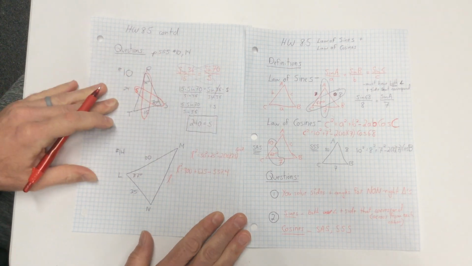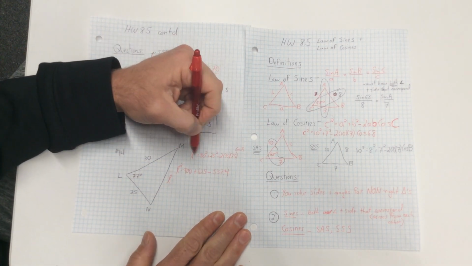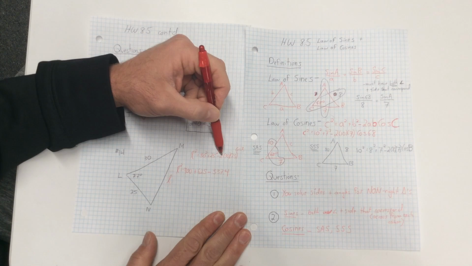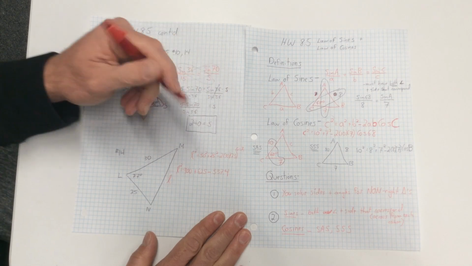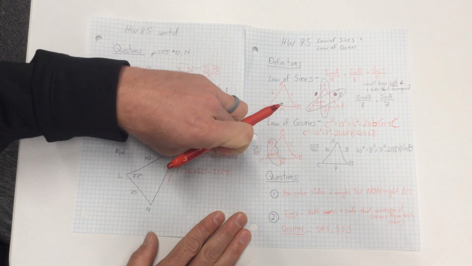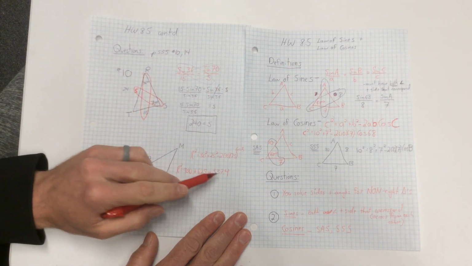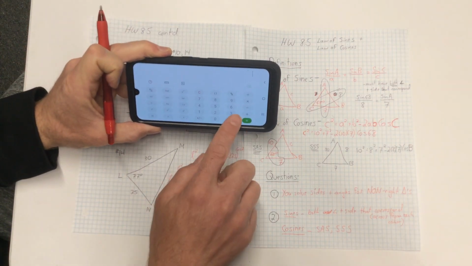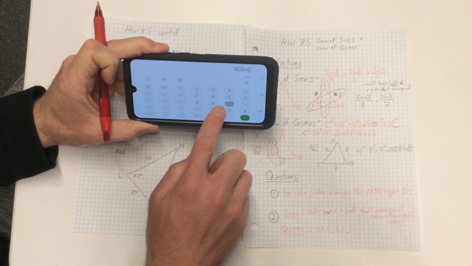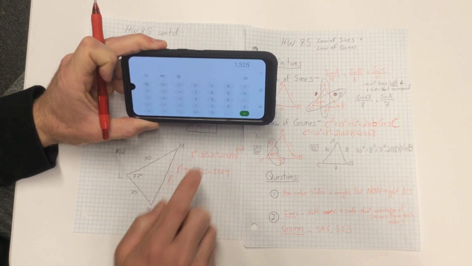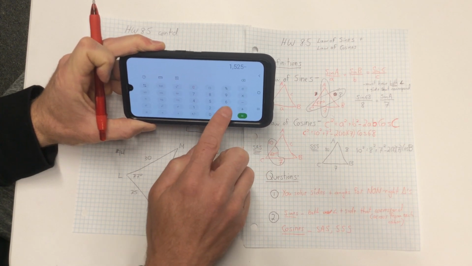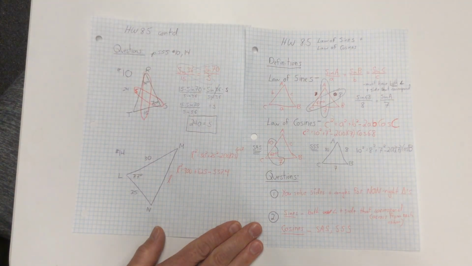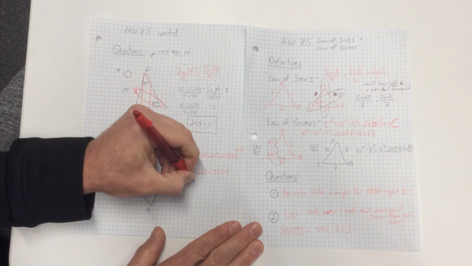337.4. Okay. What I see a lot of people do is, again, they don't do their order of operations correctly here, and they'll square this and add this squared, and then subtract 2, and then multiply. You want to realize you have 3 operations here separated by a plus and a minus. And if you do those first, you're much more likely to come out successful. Because now I can do that calculation. I can do 900 plus 625 minus 337.4. And so I get 1187.6. So L squared equals